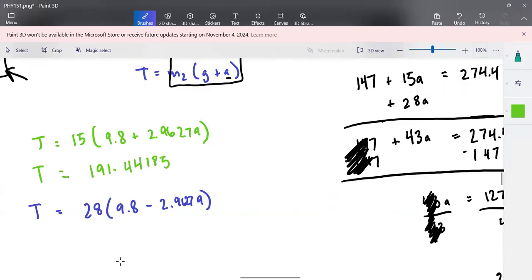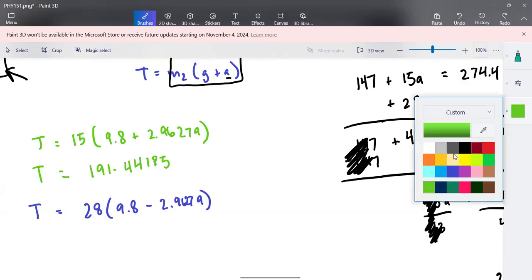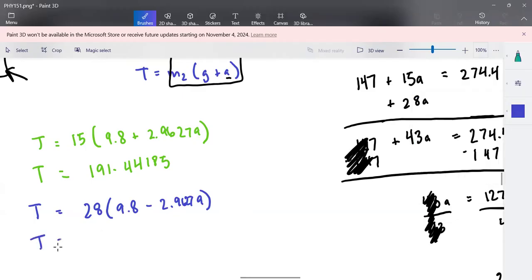Okay, beautiful. Now go ahead and put this purple one in there, and we should get the same answer because tension is equal throughout the entire rope in this pulley system. So 28 times the difference of 9.8 and 2.9627, and we should get almost the exact same thing. Tension equals 191.441. This one's 188. Even though I wrote down as much of this number as I could,